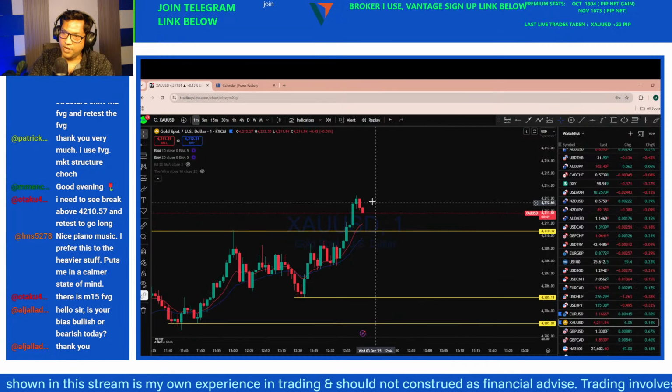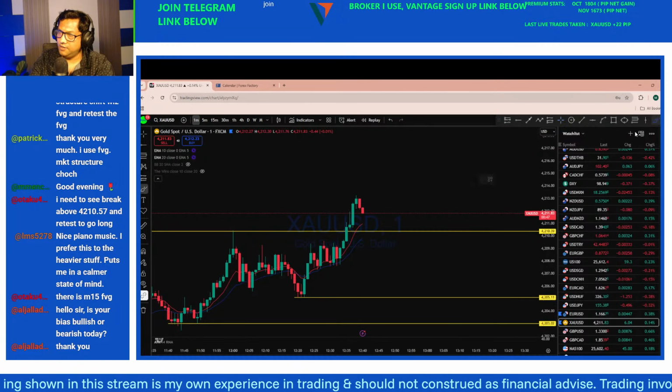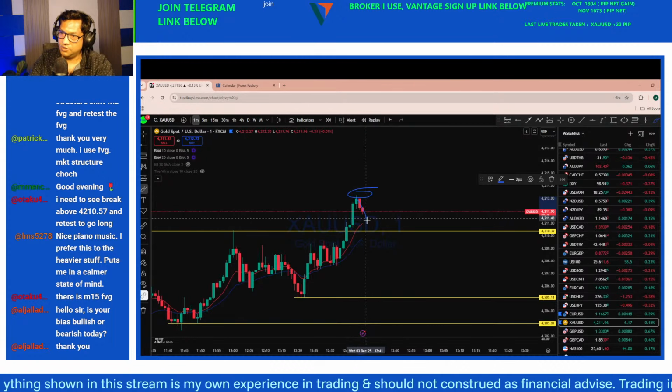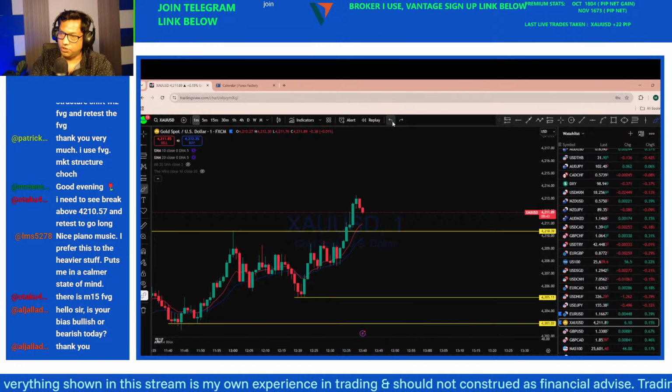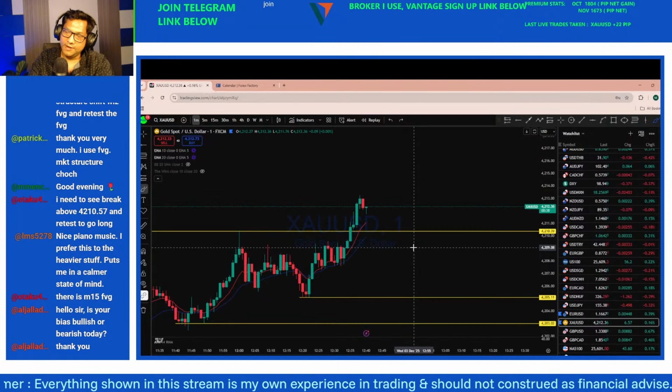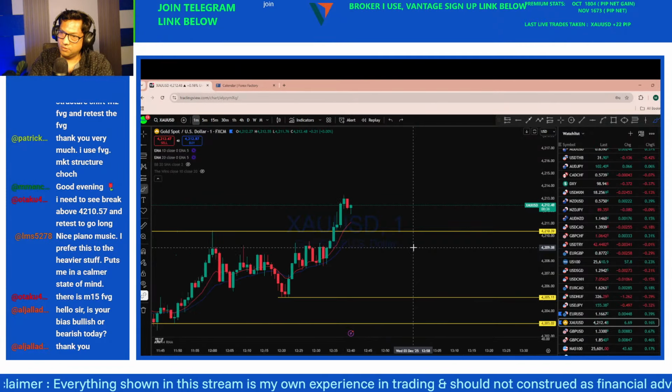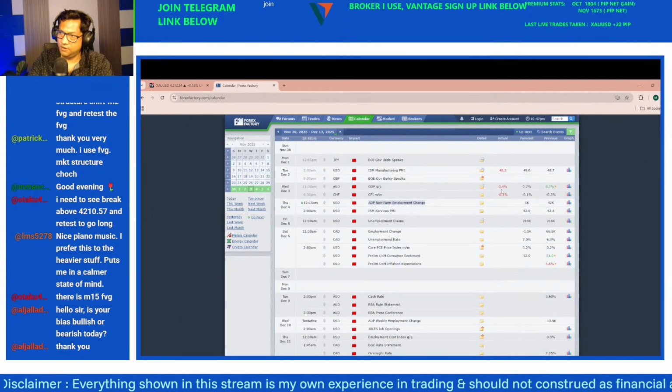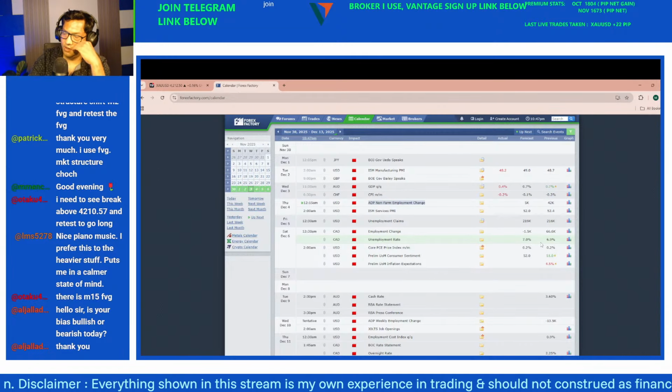So here we are looking at that area. You can see this is now a potential for a breakup structure, and as the data is coming in the next few minutes, that will bring volume, because later coming up